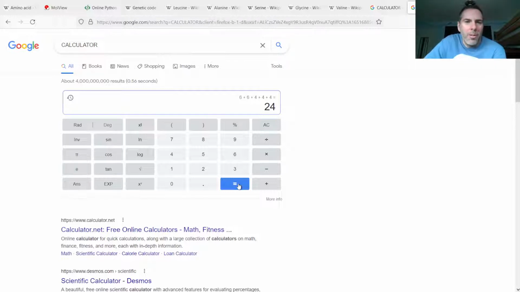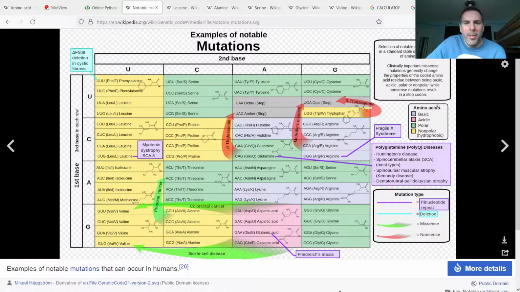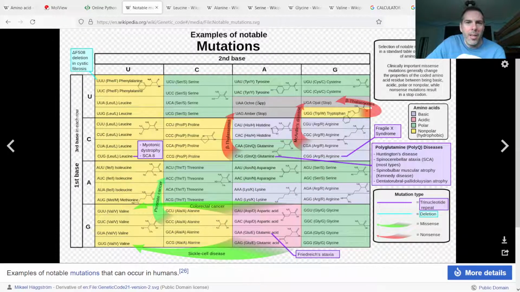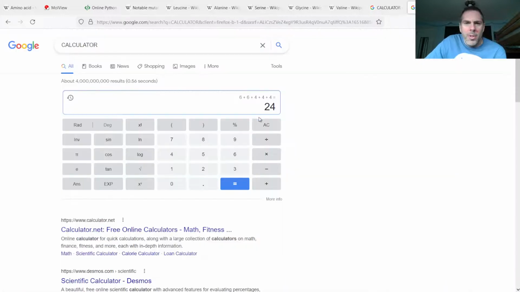But 3 of those 64 codes are for stop codes. I didn't point that out here, but these 3 codes up here just stop the chain of amino acids. So 24 codes out of 61 possible codes gives you, just based on the genetic code, how likely we would have one of those 5 amino acids.